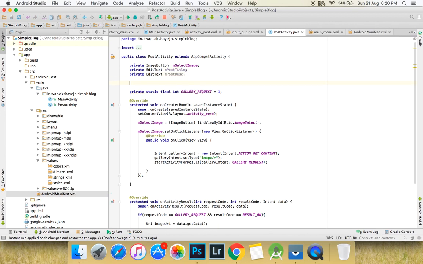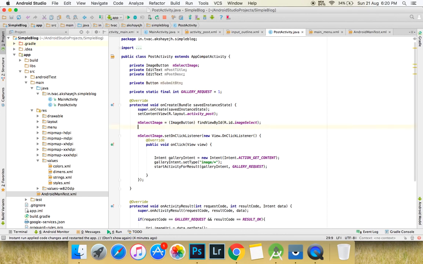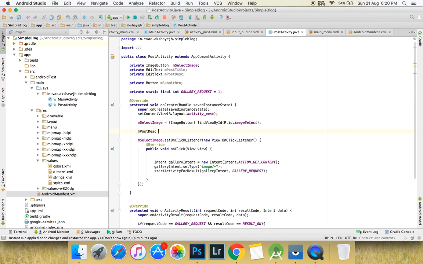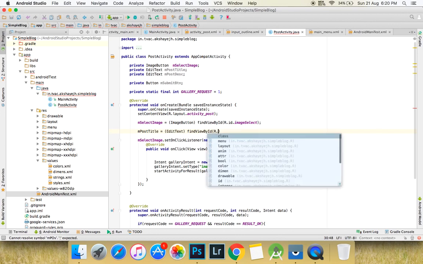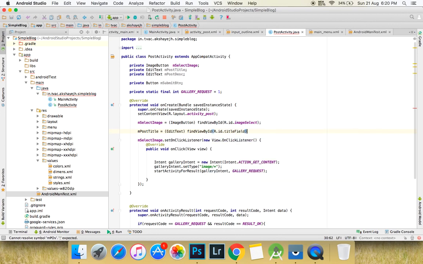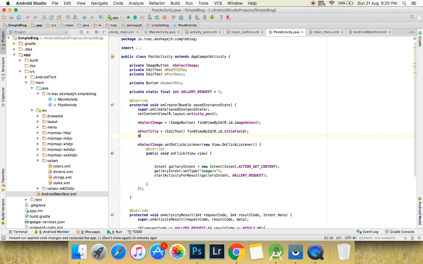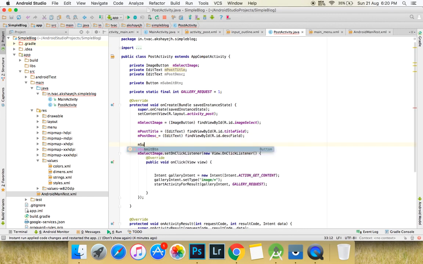desk. All right, and also a button which is submit button. All right, let's add the reference very quickly. Post title, not so quick it is. Post desk equals desk field, and lastly submit button equals button